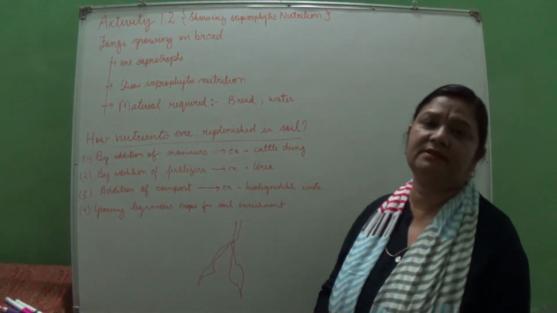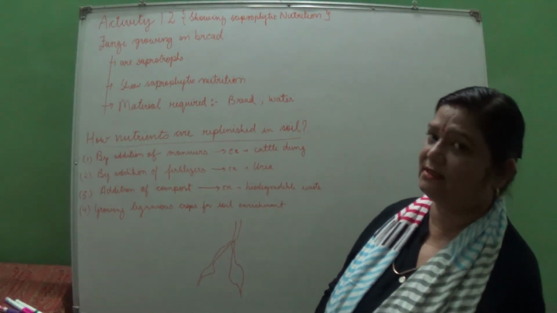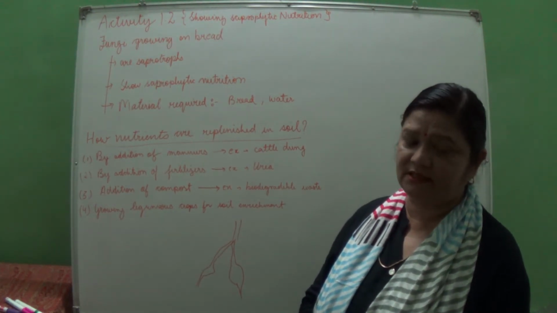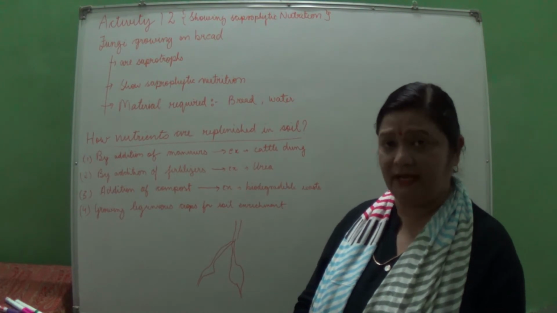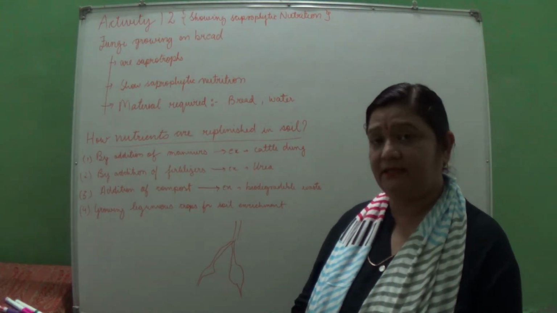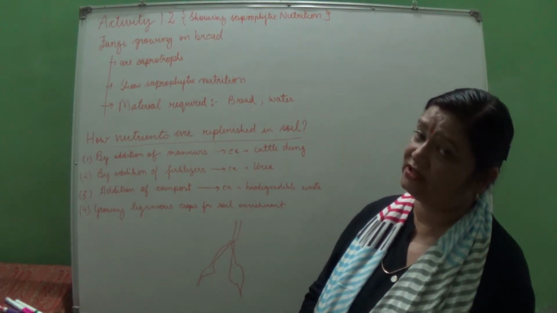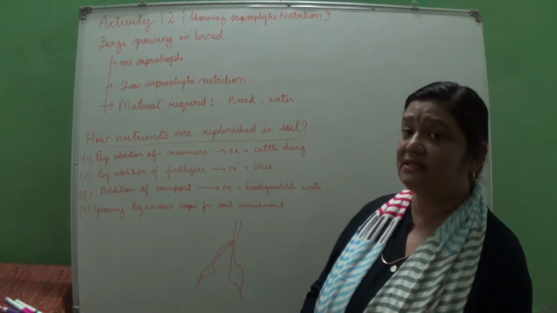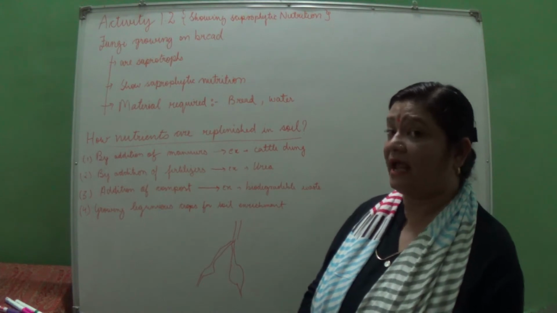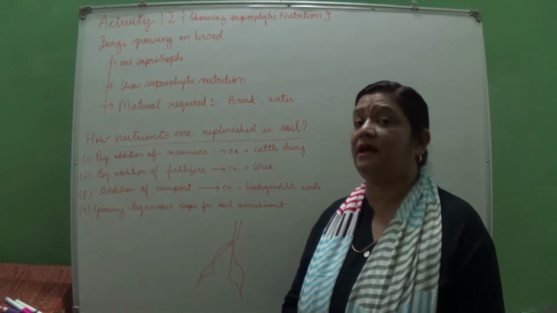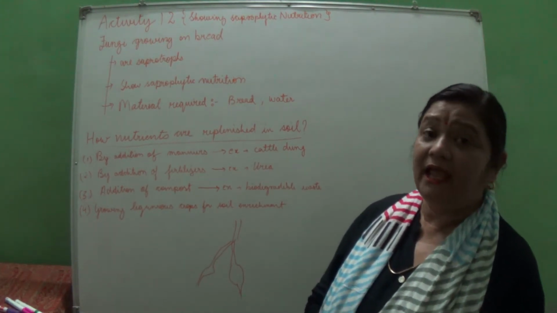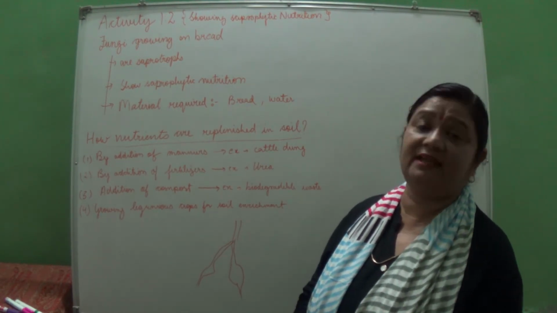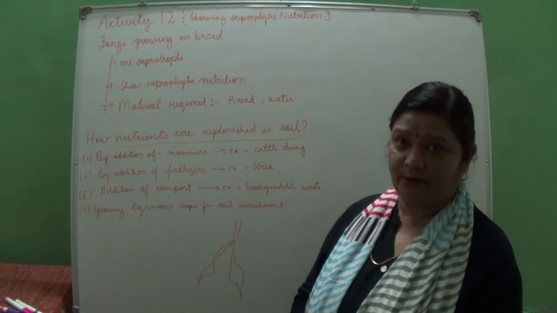Some topics like lichens I have taught you. It is a symbiotic relationship, I said to you, of algae and fungi, isn't it? Algae gives food to fungi and fungi provides shelter to algae. These lichens, do you know, beta? They are pollution indicators. If the atmosphere is too polluted, these lichens will not grow.